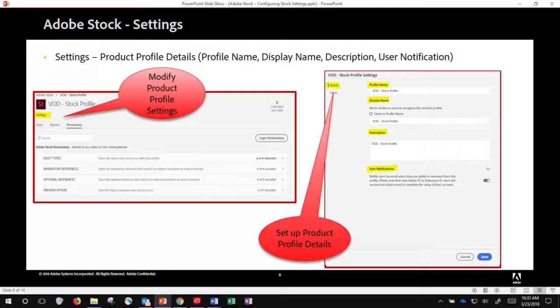To configure the product profile settings, navigate to the Settings tab. The following product profile settings can be configured. Profile name. The profile name is the name of your product profile configuration in your admin console. Display name. The display name is shown to the end user in the Identity Selection menu on the top right-hand